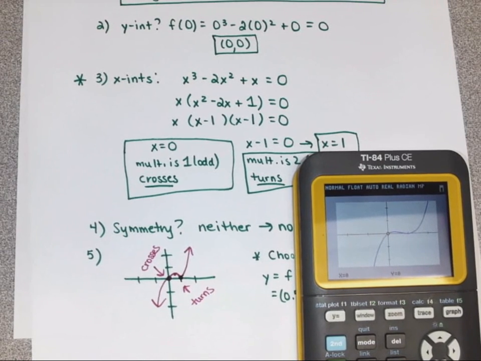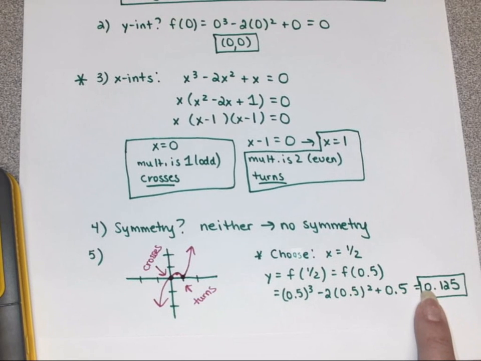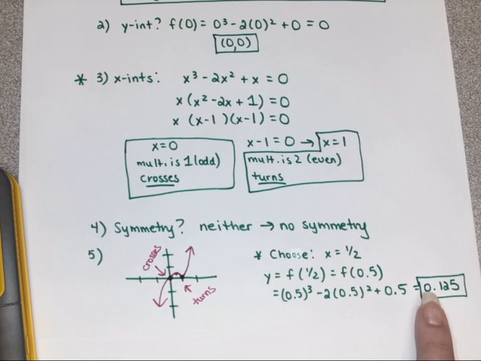And why isn't it very noticeable? Because it only goes up to what? 0.125. That's super, super small. Okay, so you're going to need to make sure you know the details. Use the calculator as your backup, but it is not the end all be all. Okay. All right, so I want to talk about the